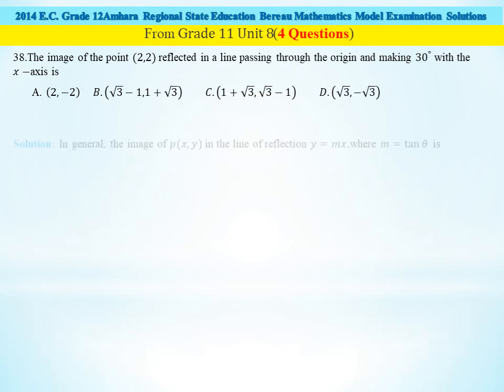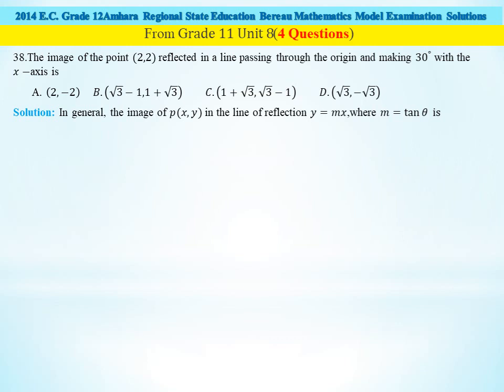Here what is asked is the image of (2, 2). In general, the image of a point P at (x, y) in the line of reflection y equals mx, where m is equal to tan theta and is the slope, is: x prime, the image, is x times cos 2 theta plus y times sin 2 theta, and y prime is x times sin 2 theta minus y times cos 2 theta. Using this formula we can easily find the image of (2, 2). Here we have x equal to, from the given point above,